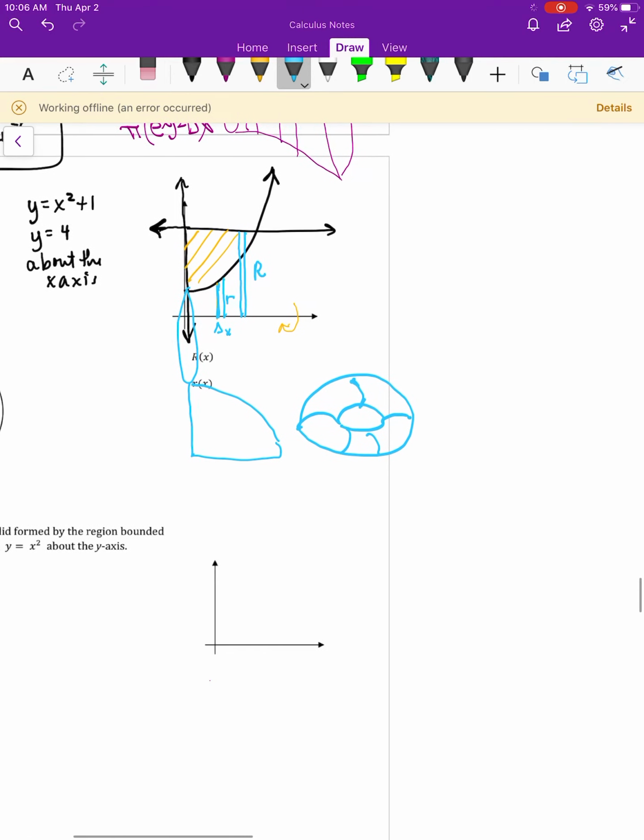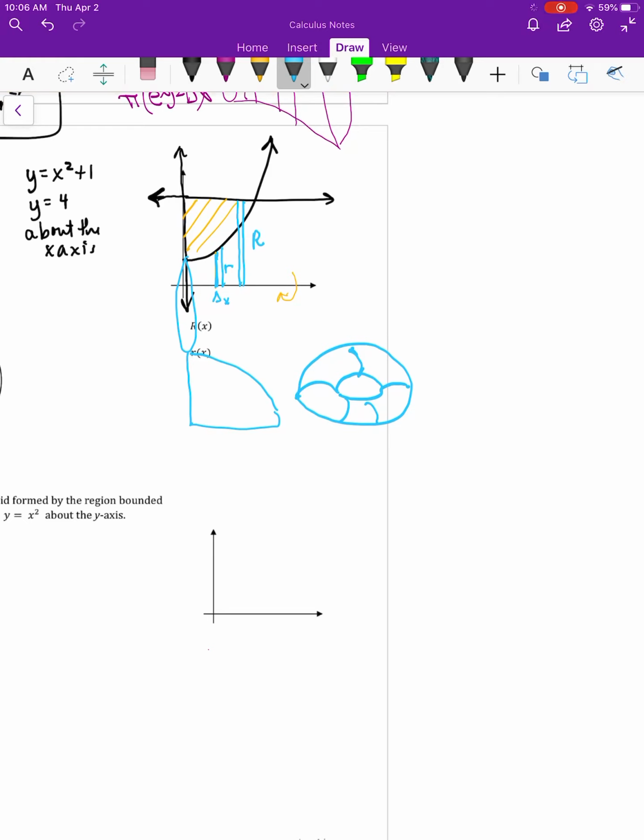And so, since this is kind of a made-up problem for me, I have to put my work going down the side of the page, and you might want to do that too. So, to find the volume here, we're going to say that our volume is the integral from 0 to, now I have to figure out what this point